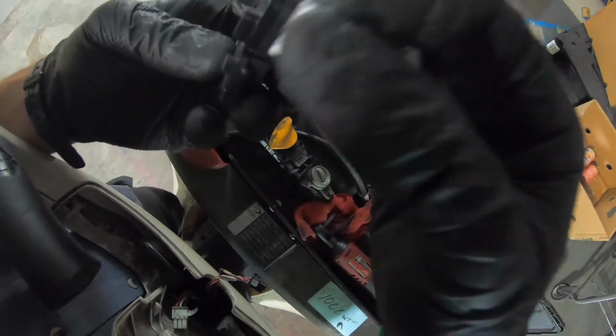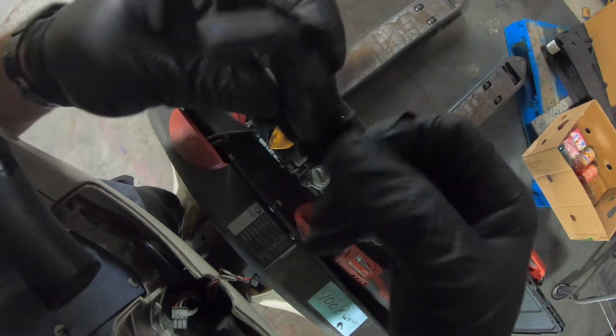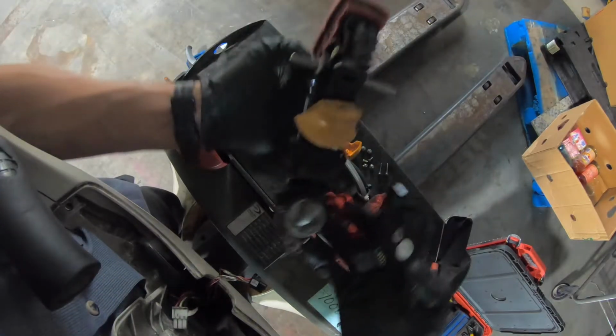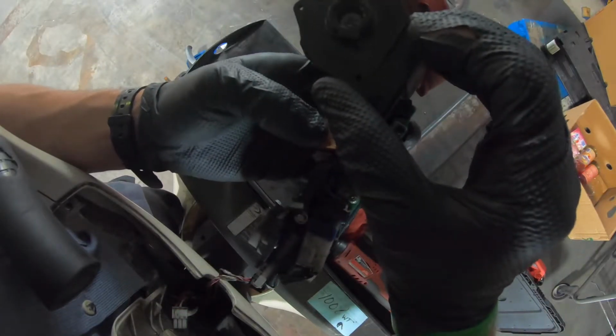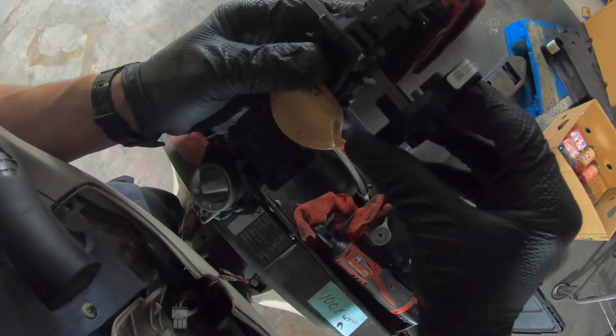Alright, so here we have our new potentiometer. What we're going to do is center it right to our switch cap assembly and connect it back exactly how we took it out. Now the trickiest part with this is going to be the connector that's sticking out from the right side. You see there, the plastic connector that has a ribbon inside of it,